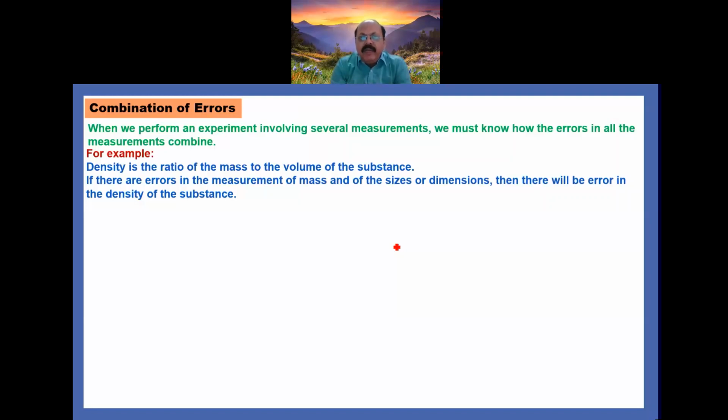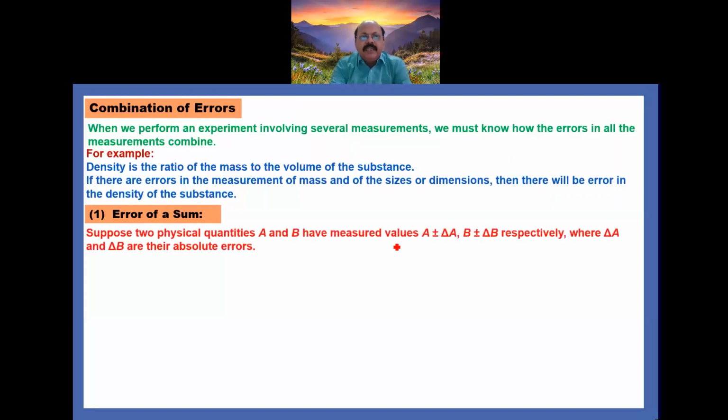So when we perform the arithmetic operations, then the error comes, and these errors are known as the combination of errors, and these errors are further classified as error in sum, error in difference, error in division, error in product, error in raised to the power. So one by one I explain and you understand it. First one is error of a sum.